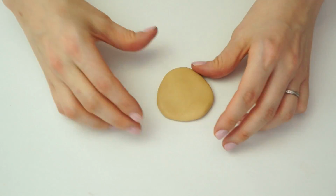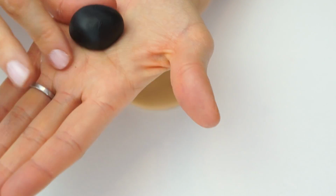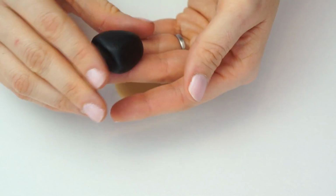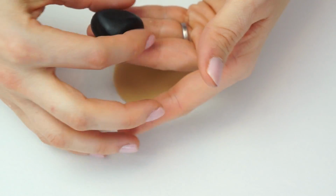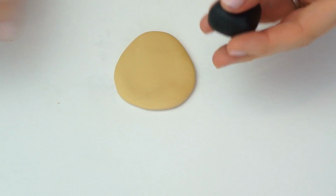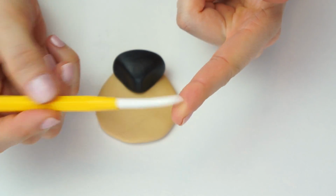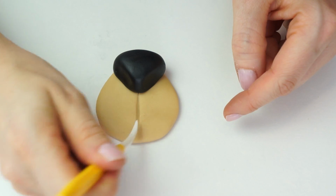So for his nose, I've just got a piece of black icing. Now this ball is just under 1 inch wide, and all I want to do is just flatten that down slightly and make a kind of triangle shape. So keep the top slightly longer, and with my fingers just push down, create a point at the bottom. And once you're happy with the shape of the nose, I'm just going to place that